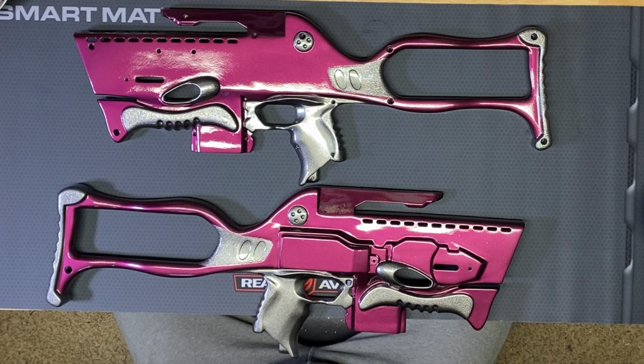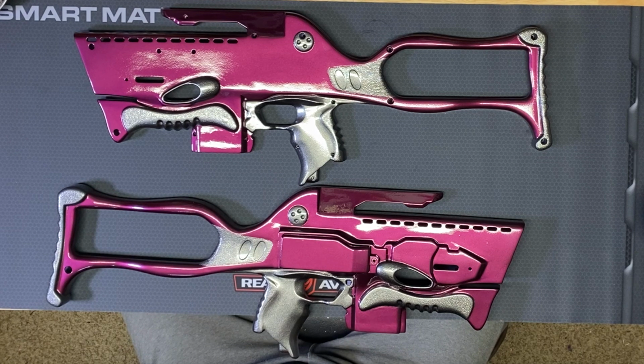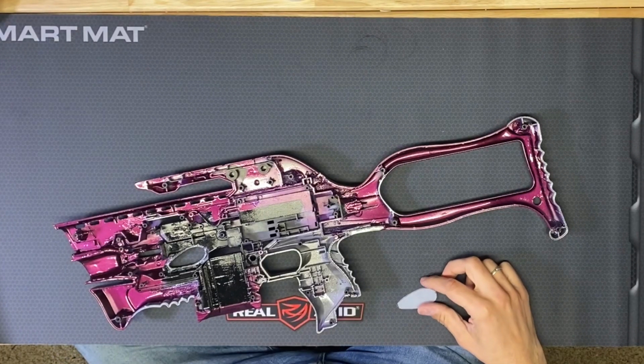but it's hard to justify that. But nevertheless, I'm very happy with how this turned out. It looks really, really good. And I cannot wait to get these internals in. We need to get the windows on, and we just need to get this thing complete. Let's try to knock this baby out. Okay, you guys, so